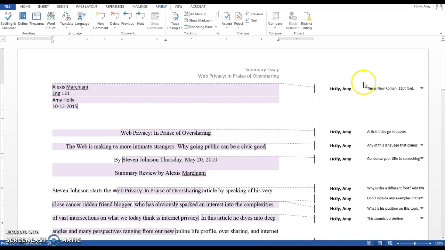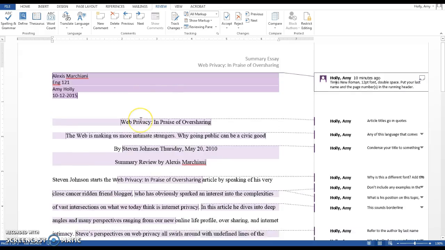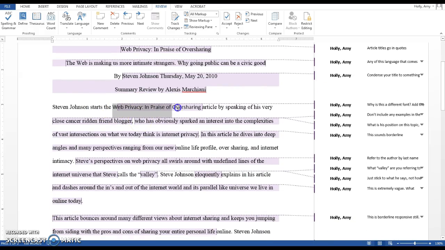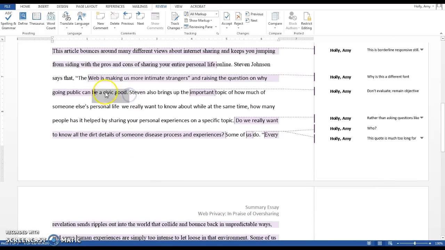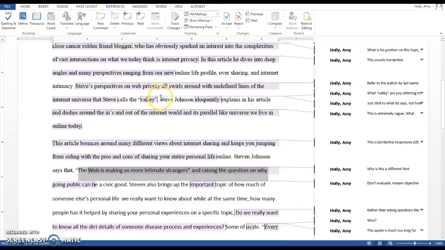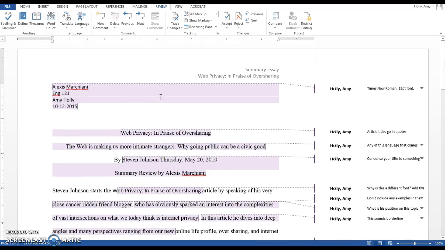First of all, the whole thing needs to be Times New Roman 12-point font, double spaced, including this information up here at the top. There's a lot of places in the essay where your fonts switch, and I'm afraid that might have to do with copy and pasting. I'm suspecting that here for this quote, you copy and pasted that, due to the font shift that I'm seeing from here to here, and that's actually a really big red flag when it comes to plagiarism. So you don't ever want to copy and paste anything. Even if you're taking it word for word, you need to type it out on your own.